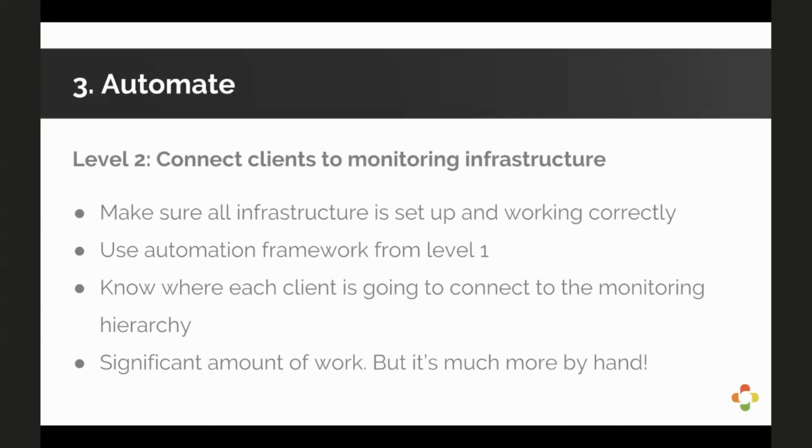The second level of automation, so we're going in increasing levels of sophistication here, right? The second level of automation, which is a little bit more sophisticated, would be to connect the clients to the monitoring infrastructure. Part of the reason why this is more sophisticated is because it does involve a certain level of SSL type encryption. We need to be able to generate certificates